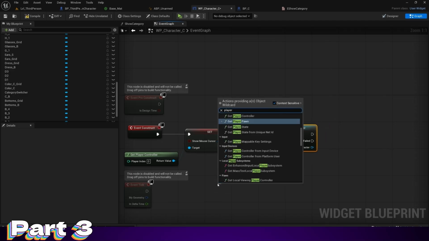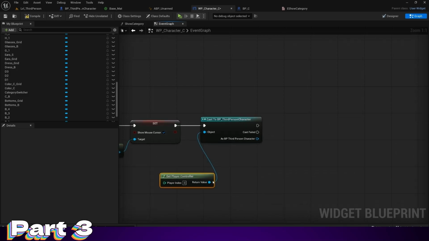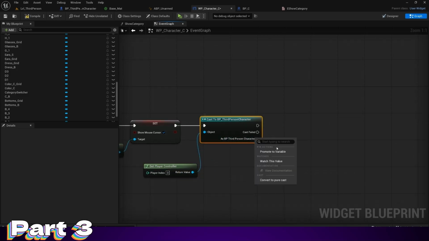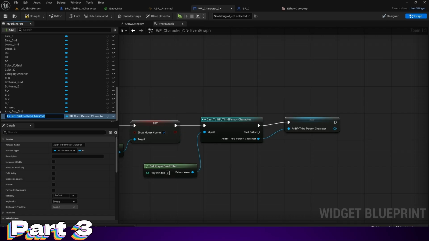Promote the cast result to a variable and name it BP_character. This avoids having to do getPlayerCharacter plus cast every time a button is clicked. Clean and efficient. Now let's wire up the dress button. We're inside our widget graph,